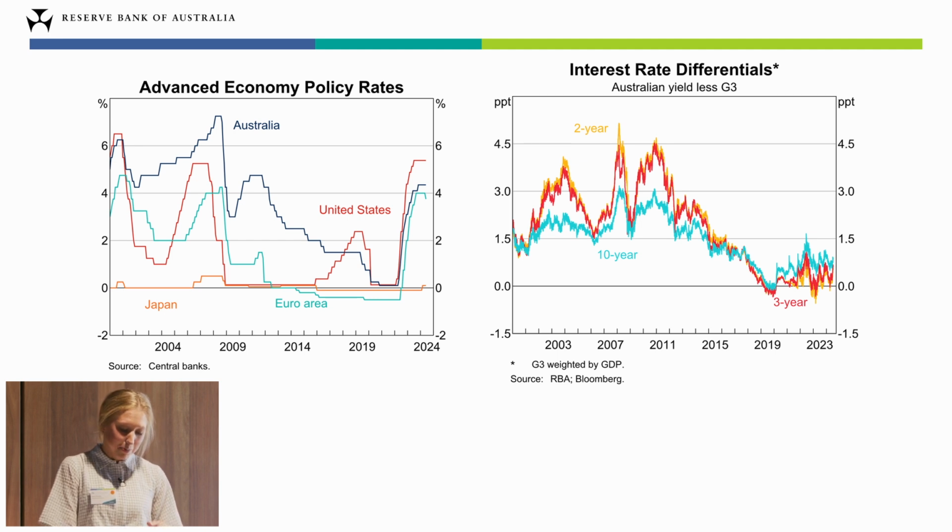We then entered the pandemic, which I'm sure nobody has forgotten about yet, where central banks initially eased policy before having to tighten in the years that followed amid a sharp rise in inflationary pressures. That's all to say that there's been a very coordinated policy response from central banks around the world, which has actually left interest rate differentials little changed since around 2020. This helps to explain why the Australian dollar has been so stable in recent years.